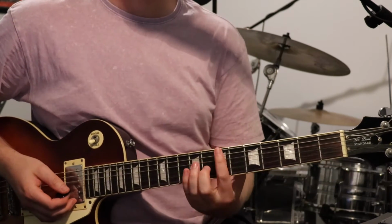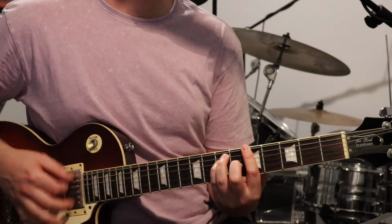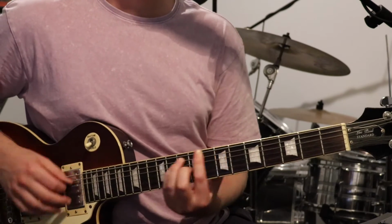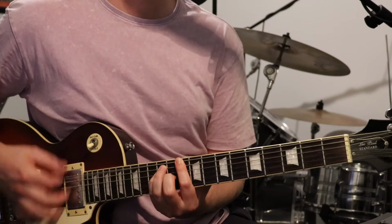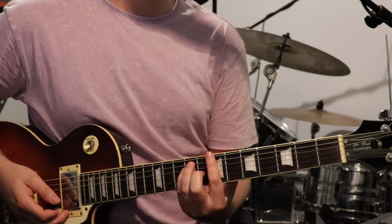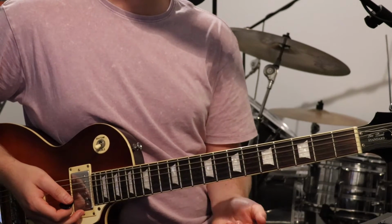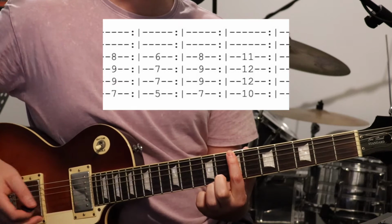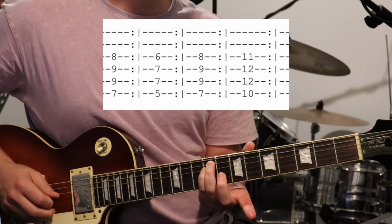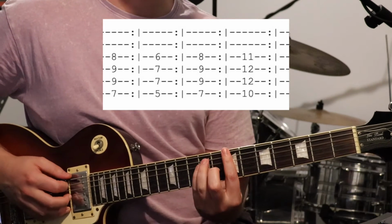So this section goes like this. Alright, so we've only got 3 spots to move this one major chord shape into. So starting out, 7th fret, 1st finger, 7th fret, 6th string. Then we've got 9th fret on the 5th and 4th. And then 8th fret on the 3rd string. So you get...